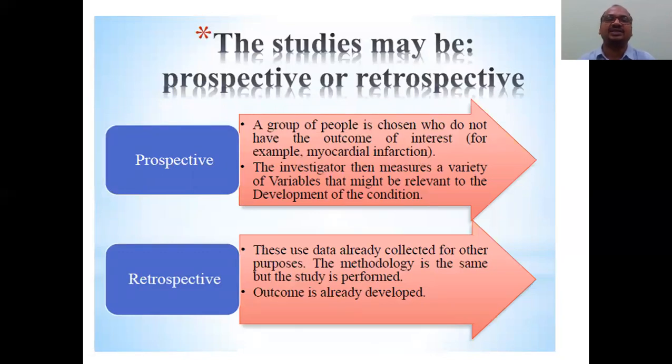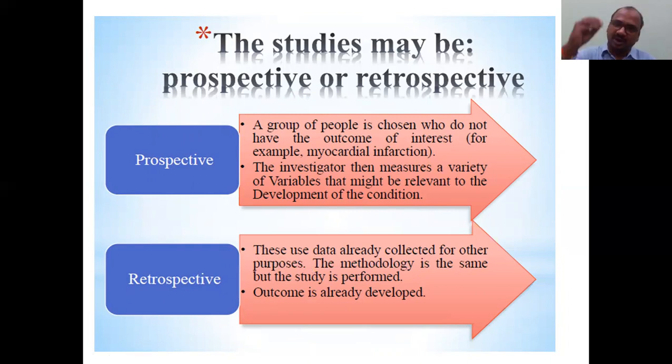Yeah, now the cohort study. The studies may be of two types again in this cohort: prospective and retrospective. Here, prospective and retrospective, there is not much of a difference. If you are doing some little work, it is called a prospective study. Not doing an experiment, just some little work. Whereas in a retrospective study, you are not doing anything. You study this retrospective so that you can understand here. These use data already collected for other purposes. You got my point?